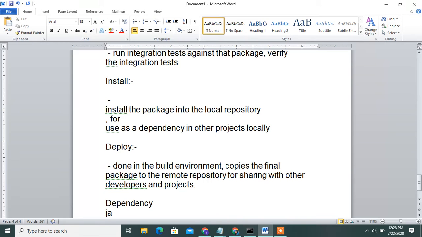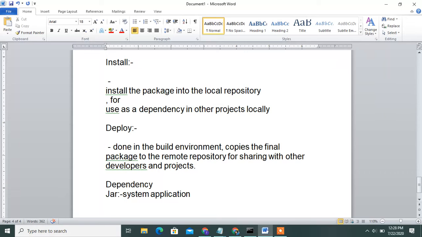First of all, jar. Jar file is a system application, war is a web application. Okay, observe, guys, dependencies are the most important.